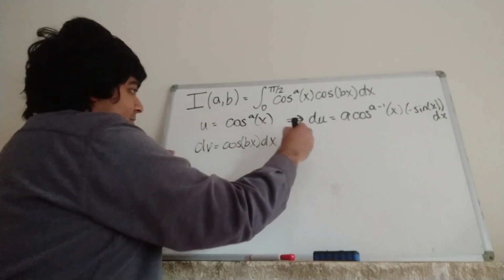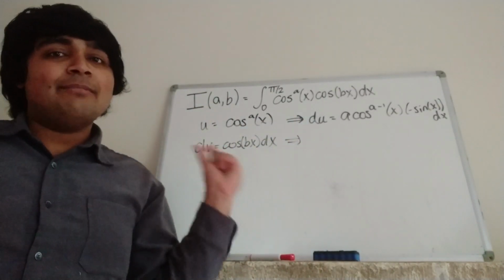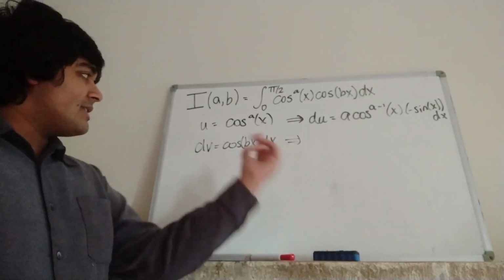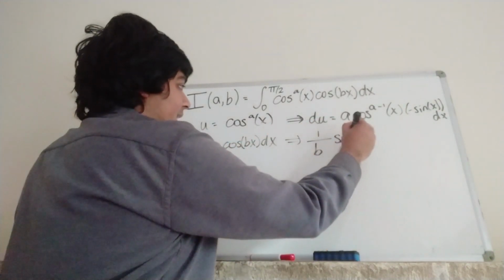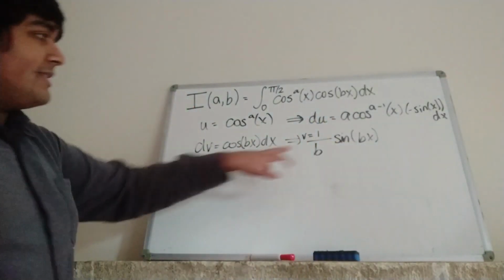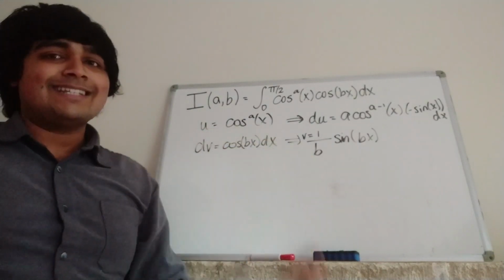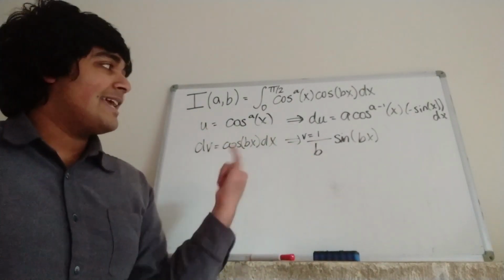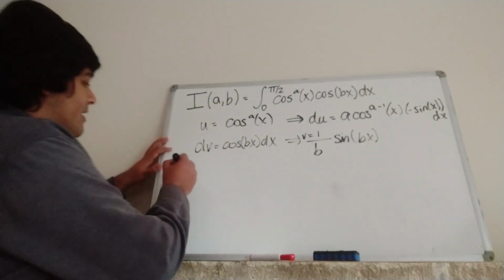Okay, and remember this is part 1, and it says that we can assume that a and b are positive integers. So that tells us that v is 1 over b times sine bx. Of course, if b was equal to 0, v would be this thing here, because then cosine of bx would be identically 1, but we don't have to worry about that because a and b are positive. So just plugging this in, we get that I_ab